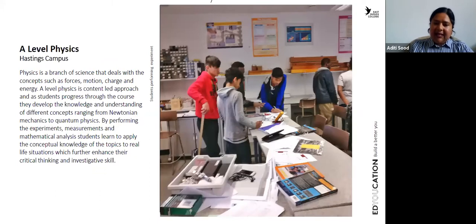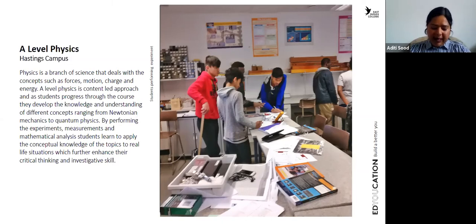So A-level physics is a two-year course where we cover each topic of physics. Students develop knowledge and understanding of various concepts ranging from classical mechanics to modern physics. Classical mechanics is the branch of physics which deals with Newtonian mechanics, thermodynamics, and electromagnetism, whereas modern physics is the branch of physics which deals with quantum physics and some of the topics which cannot be solved